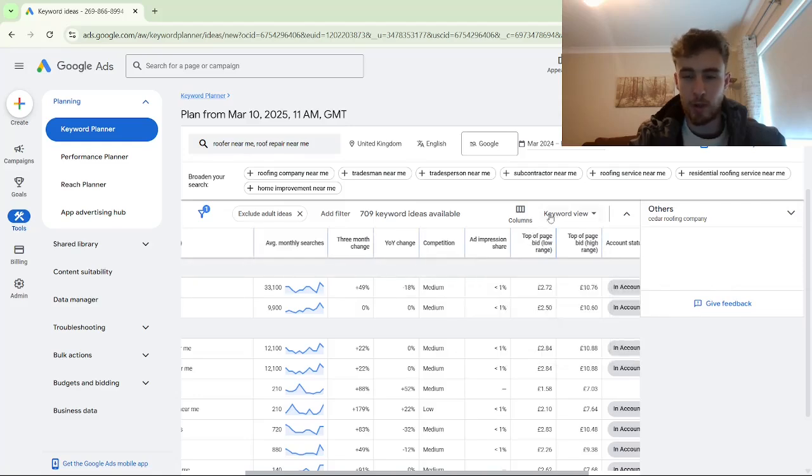So not so much the low range, which is the lowest amount anyone's paying per click, but more so the top of bid high range. So you can see here, for example, for all of these popular keywords, that most advertisers are paying anywhere from about £2 to £10 per click. And if you had the bid setting limited status, what you can do to maximize the amount of times your ads are shown is to increase your maximum cost per click bid limit closer to the